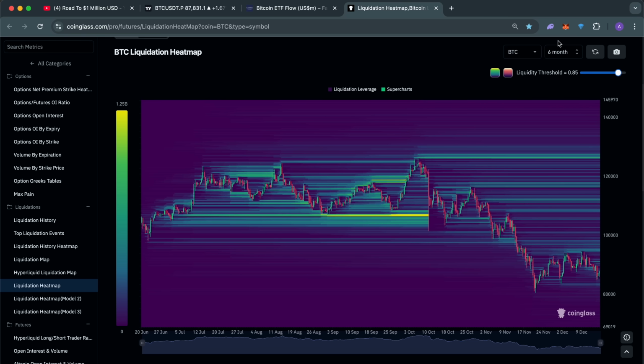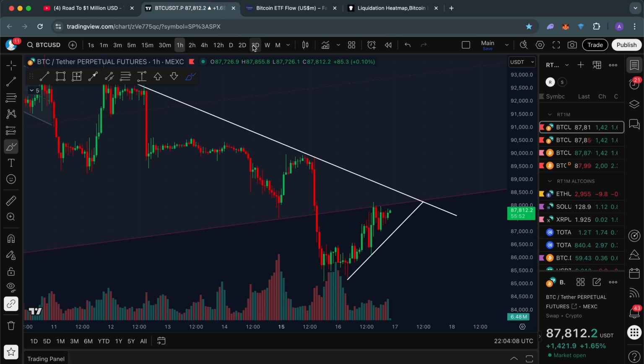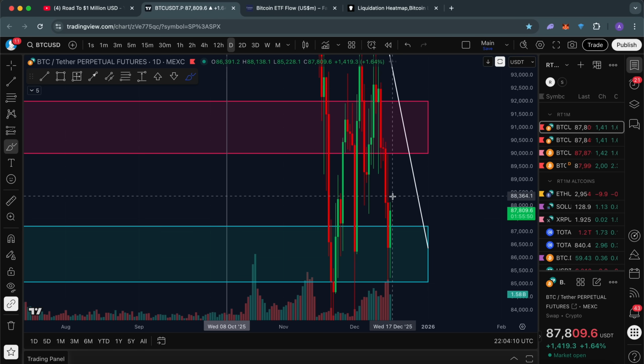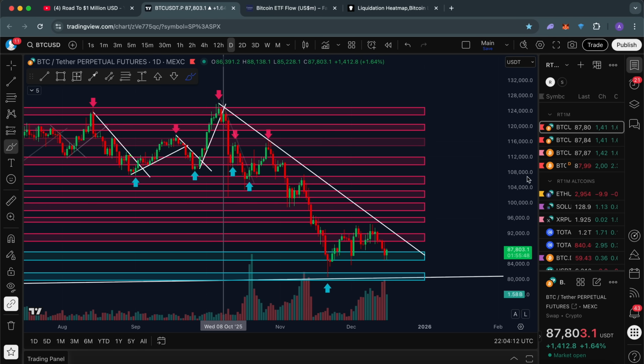Next, moving on to the 6-month Bitcoin liquidation heat map, because notice how right here, there is still a lot of liquidity to the upside as well, around 94.7k. Just like I said yesterday as well, guys, yes, most of the liquidity right here is to the upside at these previous all-time highs, but just because there's a lot of liquidity there does not mean that it is logical to be targeting this,